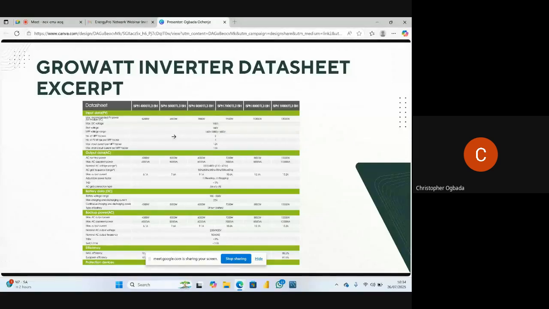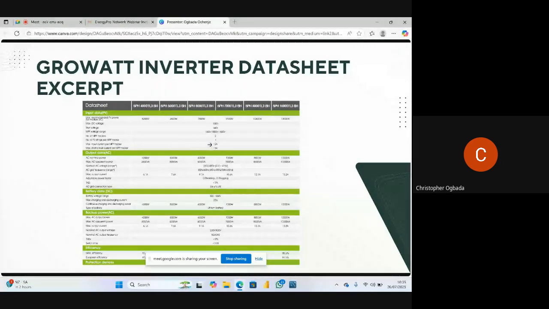This is where you use your VMP. You ensure that the cumulative VMP of your PV array is within this range. You shouldn't exceed it. If it does, there will be challenge. There's tendency for you to damage your MPPT. Then this is the number of MPPT strings. So this has 2 MPPT trackers, and this has 1 string per each of the MPPT trackers. So this is what I told you about current that time.